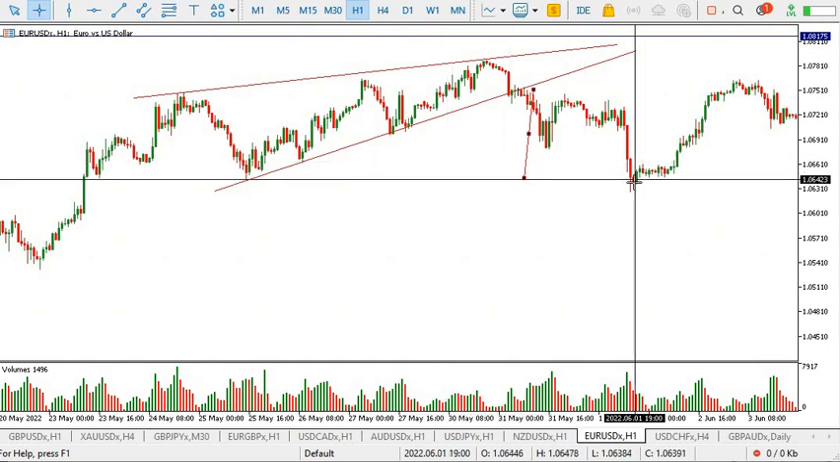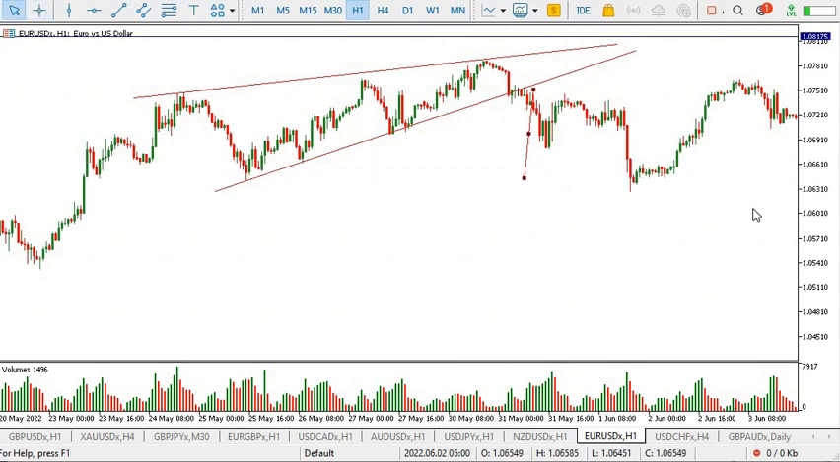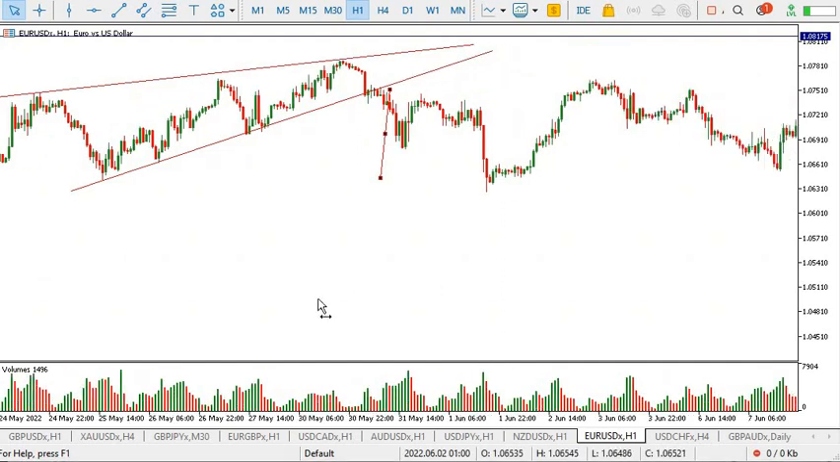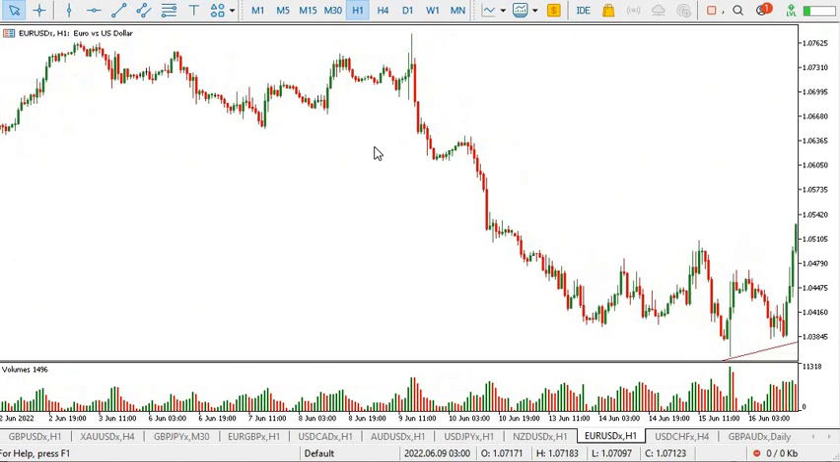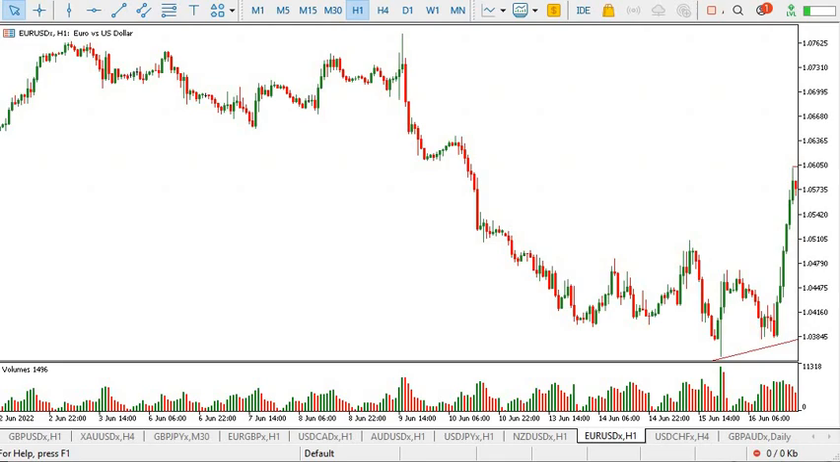You can see it easily accomplished that level and hit the target. You can see the trend reversed after the formation of the rising wedge. Now let's move towards